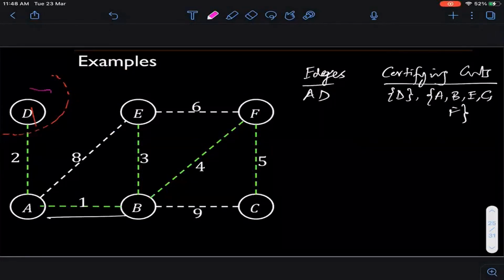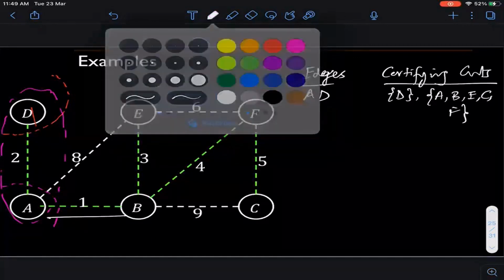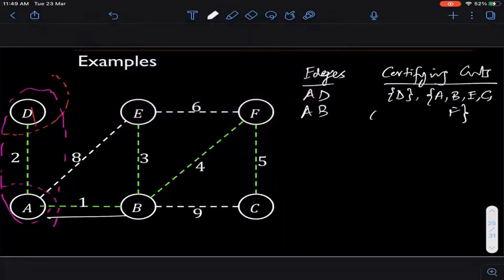But yeah, you are right. So I can even take this one. इसके लिए भी ये true है. But I could have also taken this sole cut, which is A on one side and everything else on the other side. Even for that, this edge 1 is a minimum cost edge. Okay, good. So AB के लिए चलिए AD कर देते हैं. AD and यहाँ पे है B, C and F. अच्छा.